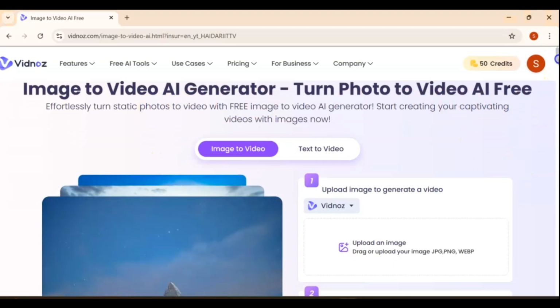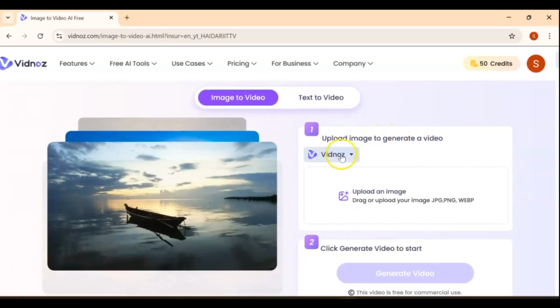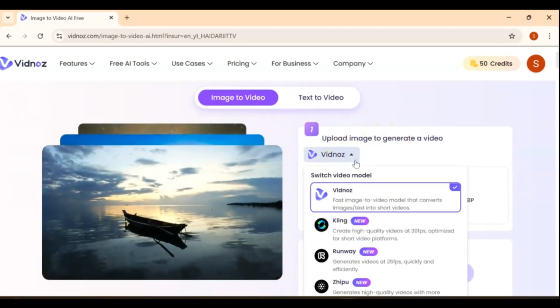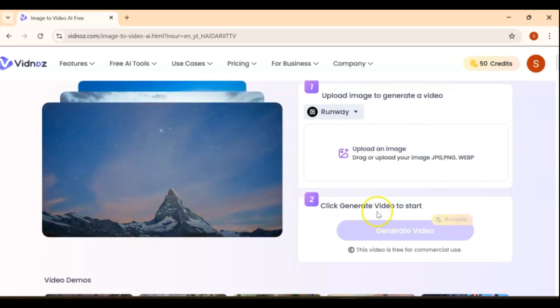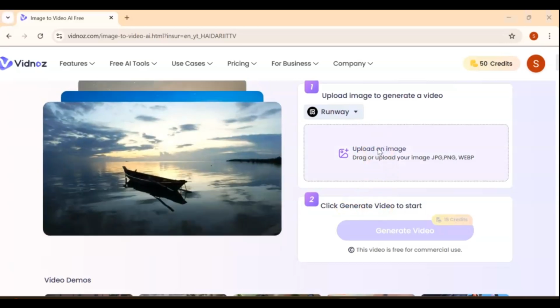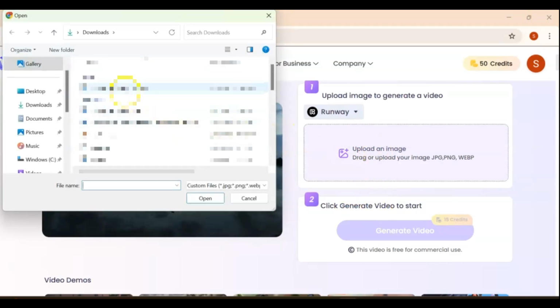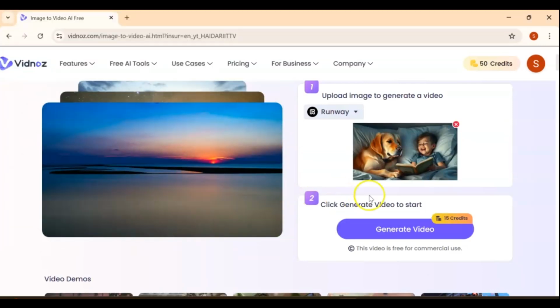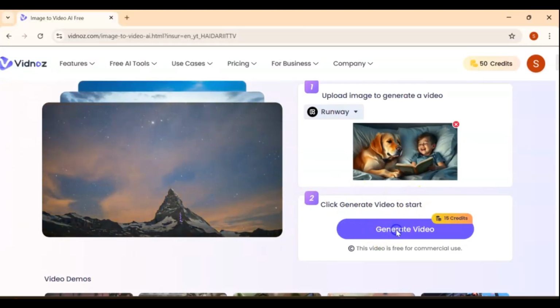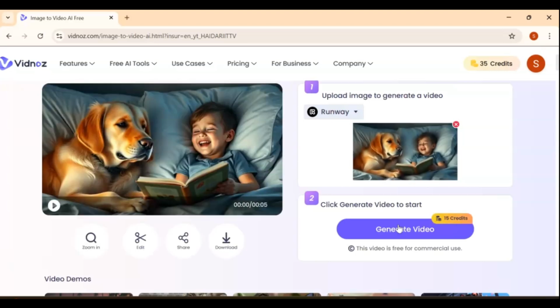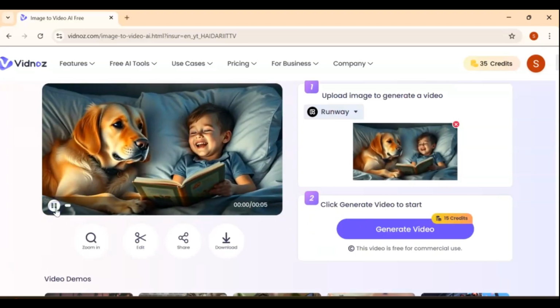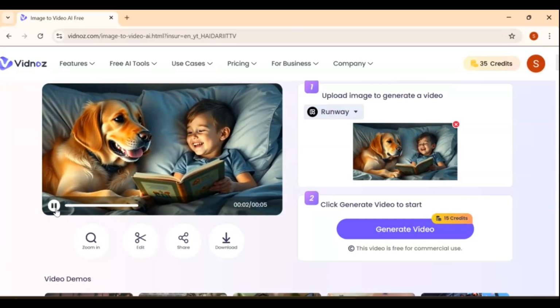Turning your image into a stunning video is incredibly simple with AI-powered tools like Vidnoz AI, Kling, Runway, or GPU. To get started, choose one of these AI-powered platforms and follow two quick steps. First, upload your image in JPG, PNG, or WEBP format by dragging and dropping it into the tool. Then, click Generate Video and let the AI work its magic to transform your static image into a dynamic video